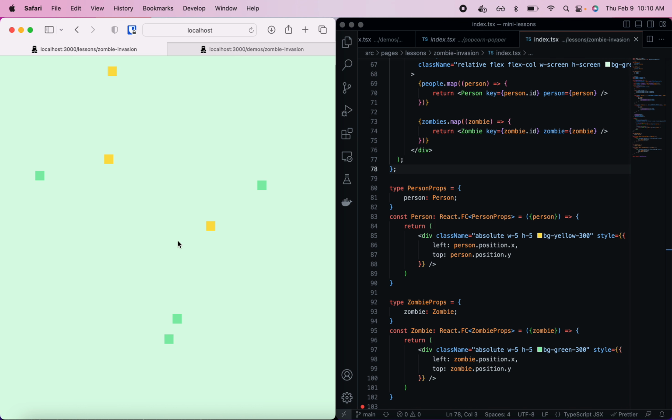So for this part of the lesson, we are going to work on how we can make these green zombie squares move to one of these yellow people squares when I click on one and turn that person into another zombie. We are not going to worry about the animation yet, meaning that when I click on one of these people, the green squares are going to effectively teleport to the position of the person and immediately turn that person